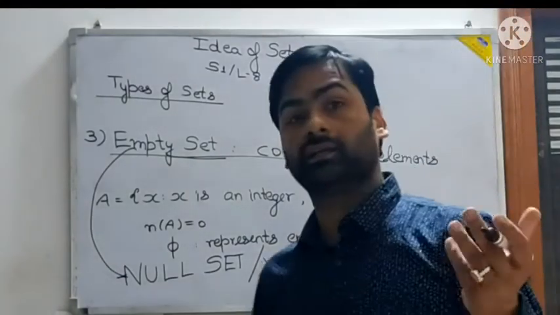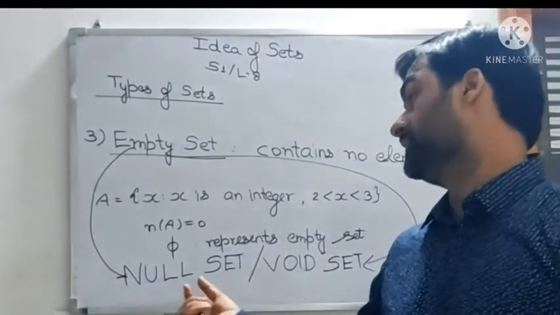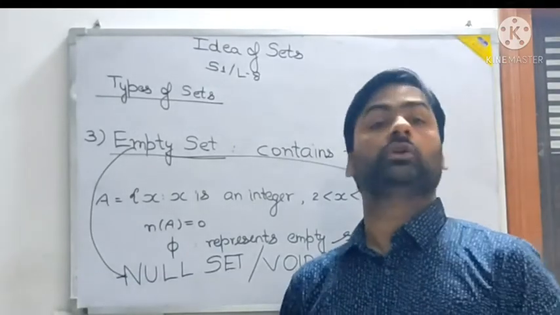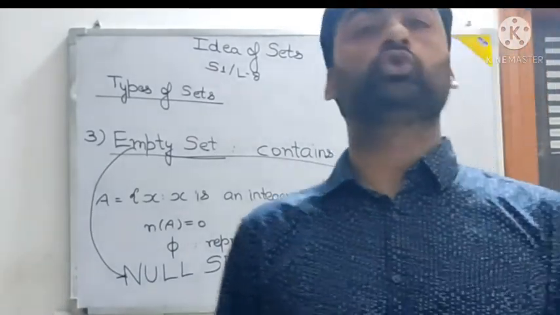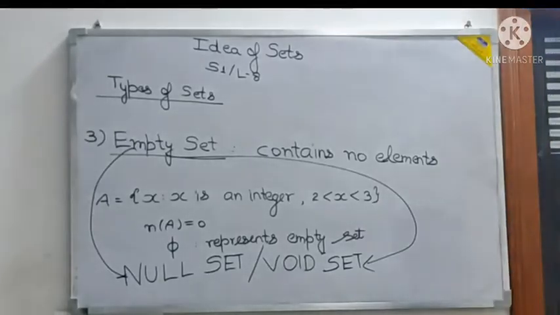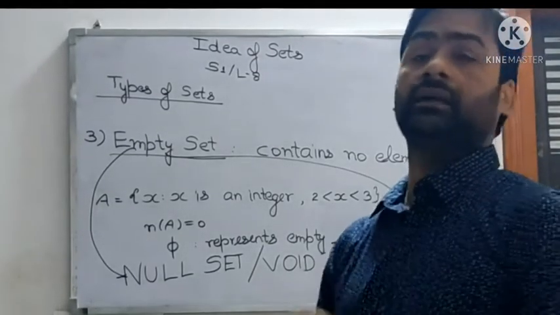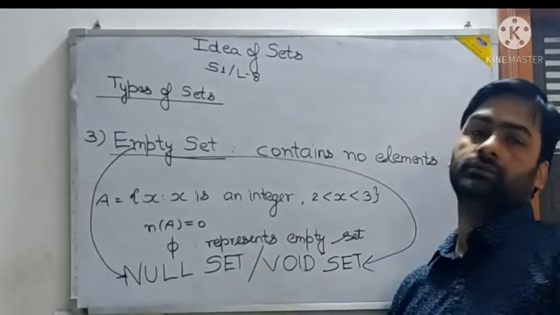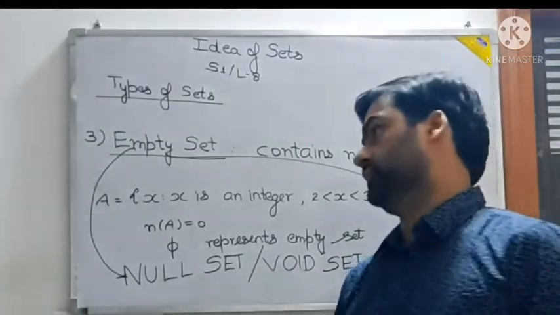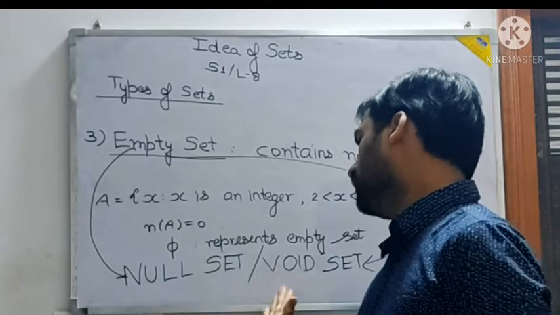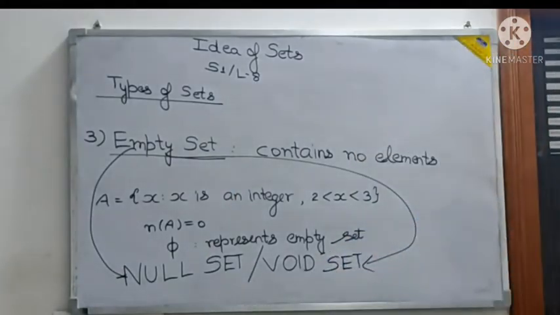If you had been in class 6th or 7th, I had told you that this can come in fill in the blanks, but your pattern is different. No fill in the blanks, no true and false as of now. Unless some change is there in the pattern, you will not have fill in the blanks. You will have 3 mark, 4 mark and 5 mark questions. So this is the thing: null set or void set or empty set, no elements. So phi represents the empty set.